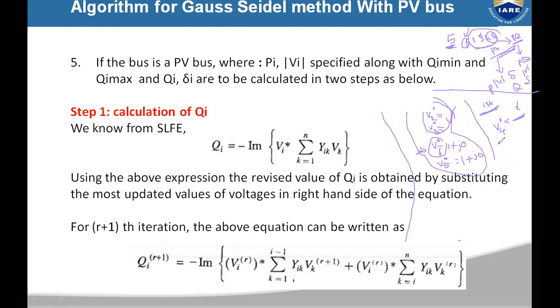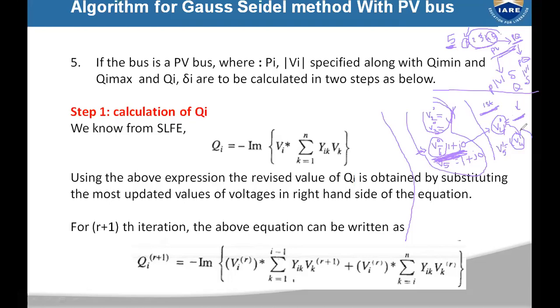Suppose next you calculate V5 in the first iteration. When you calculate V5, suppose you are getting V4 also in this expression. In such a case, you should not substitute the initial value of V4. You have to always use the previously updated value. That means this V4 was updated in the first iteration here. So before calculating V5, V4 is already updated, so here you have to use this value.